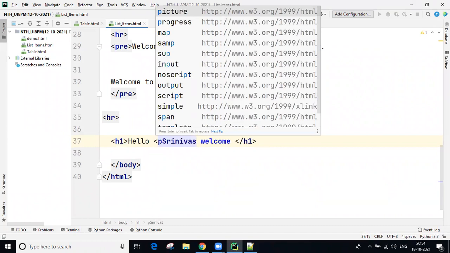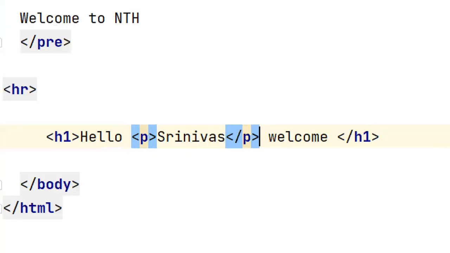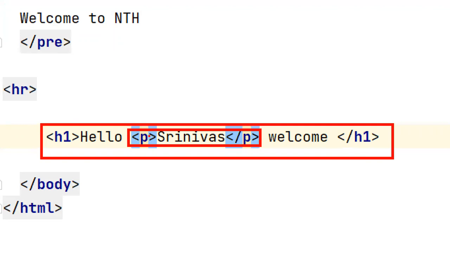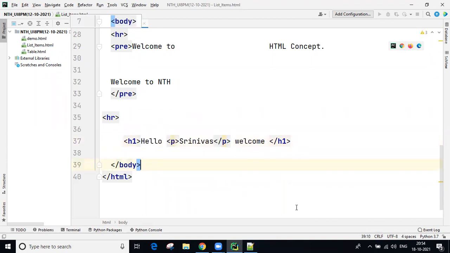Okay, so now I'm going to take another, for example, paragraph or whatever you can take. Only for Srinivas, guys, I'm taking the paragraph tag. Which means what? A block level tag. This is a block level paragraph. A block level tag inside another block level. If it is there, what happened? Are you going to get the content in the same line or multiple lines? Give me confirmation here. Are you going to get multiple lines or the same line?